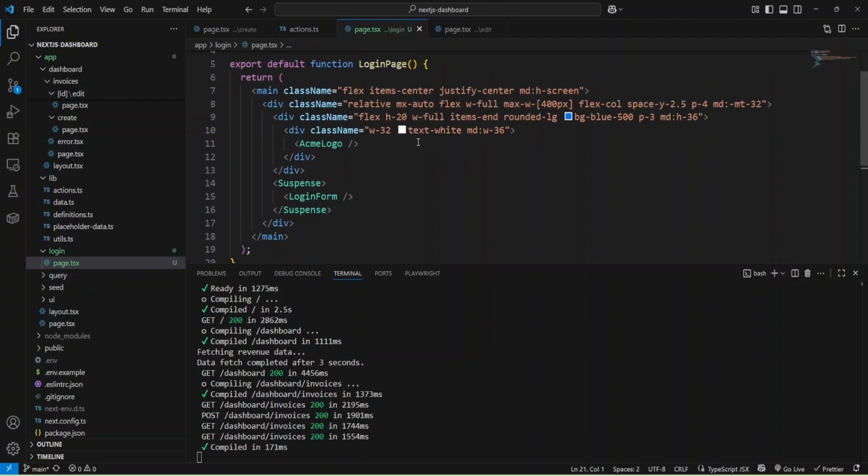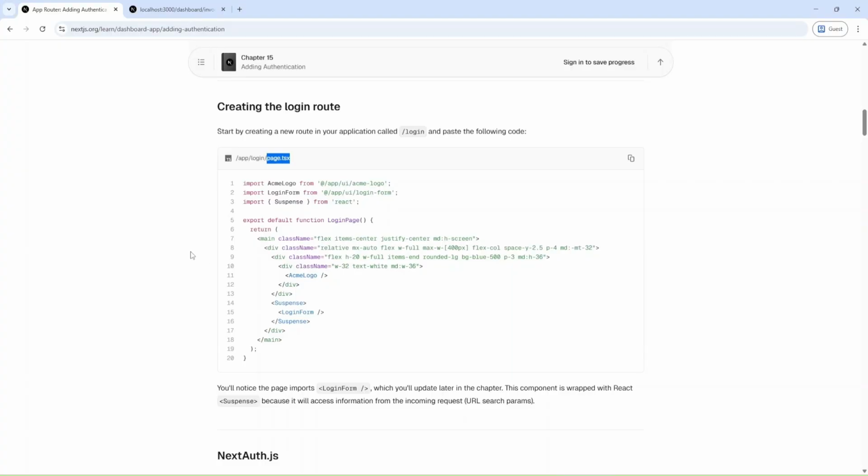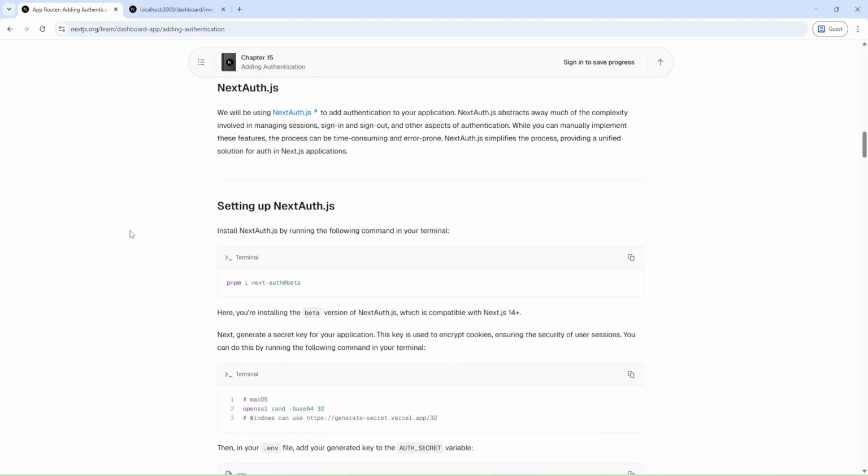And as you can see, they prepared some login form, and also added suspense here. Okay, and let's see what we have next.